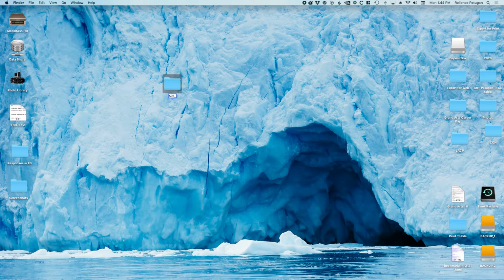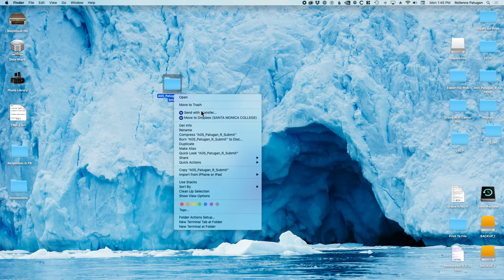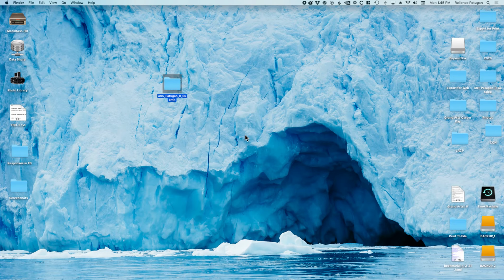the standard name A05, which is the assignment, my last name first initial, and usually it's going to be submit, meaning this is going to be submitted to Canvas. Then I can go ahead and compress this, again right clicking to access the secondary menu, or holding the control key and then left mouse button click. I'm going to compress. Now it says here the folder name, which I've renamed. I'm going to click on that and it's going to compress this file, and it's going to create this .zip